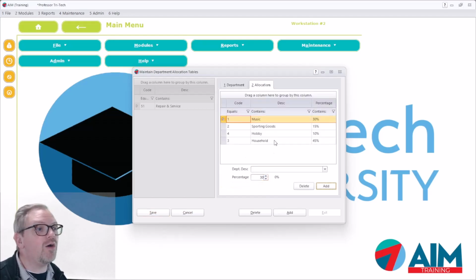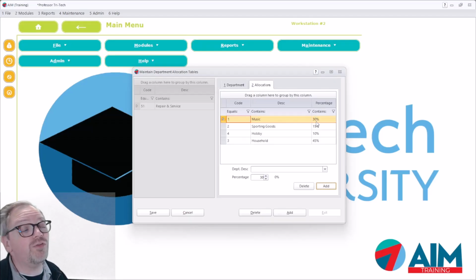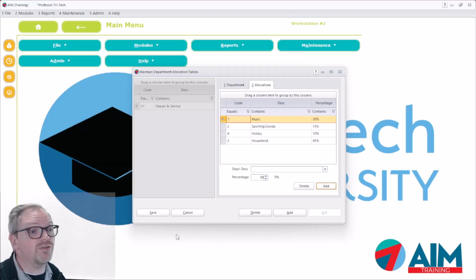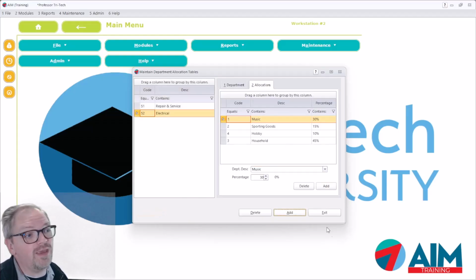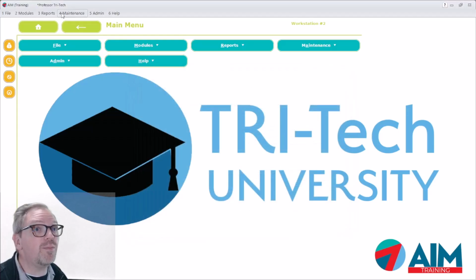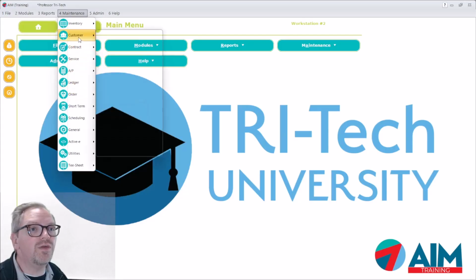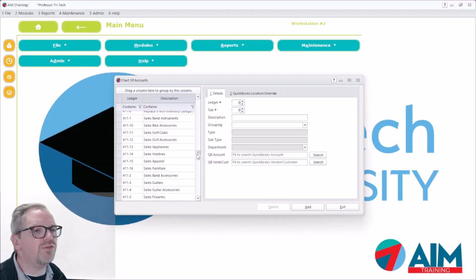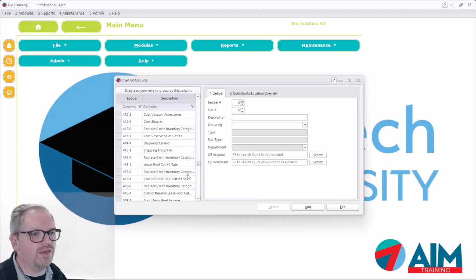So basically now I've got an allocation table. Once again, it equals 100%, and I've got a different arrangement of percentages for that. So then I can hit save on that. Then when we go back to the chart of accounts here, and I get down to, let's say, the 500s, so we get to